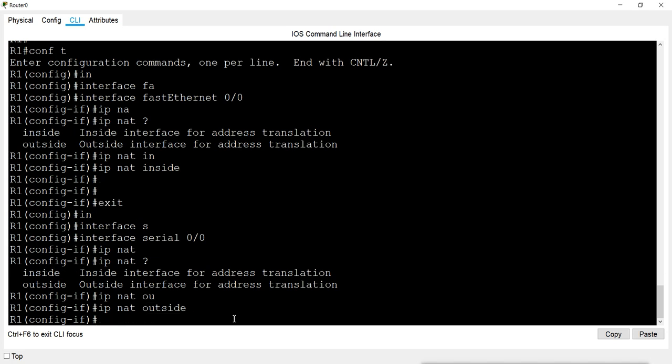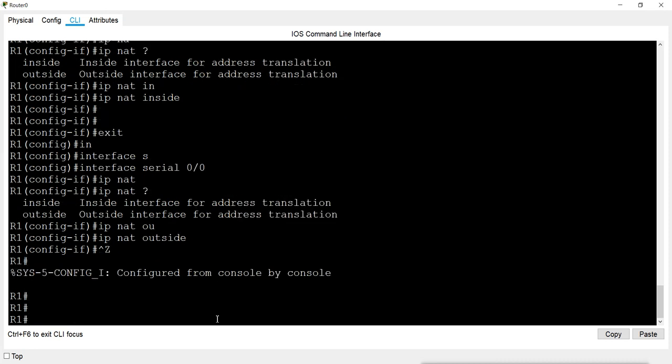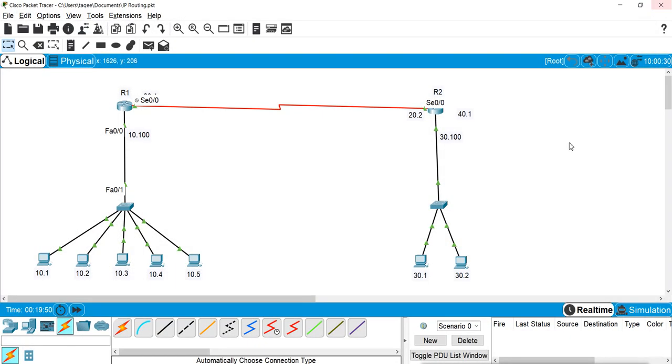That means I am saying that when it goes in from FastEthernet and goes out from this serial interface, do the translation. Now our NATing is configured properly, and this is static NATing, so one to one we have to map every IP. Now we can check from which IP we are getting the reply.